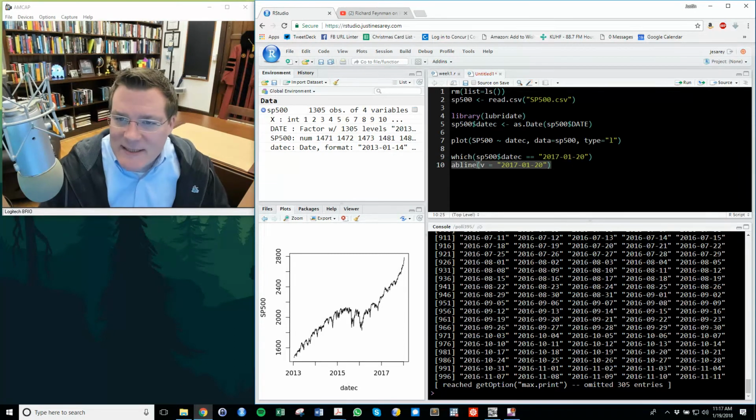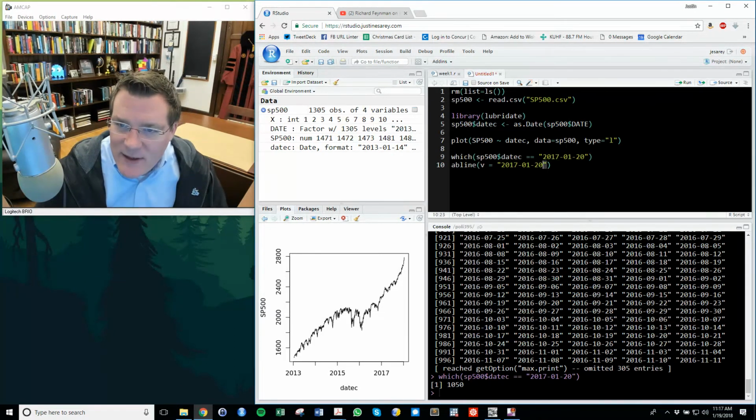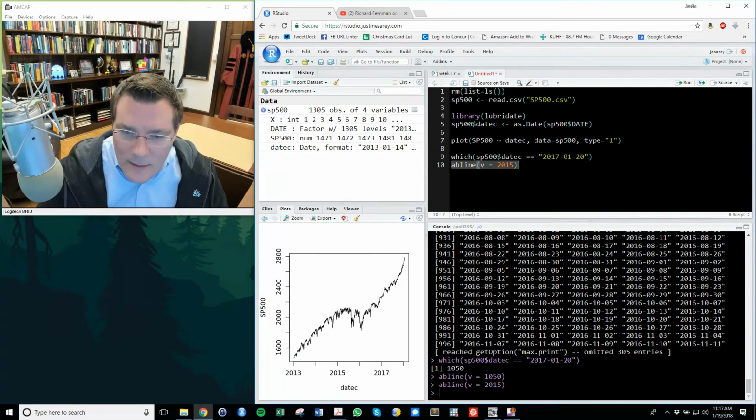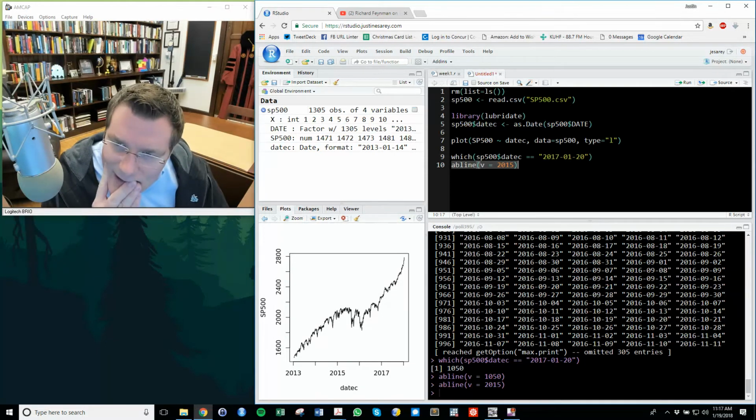Let's try this instead. It's number 1050. Let's see if I put in a vertical line at 1050. Yeah, that didn't work either. No. I really want to put in that vertical line. How would I do it?